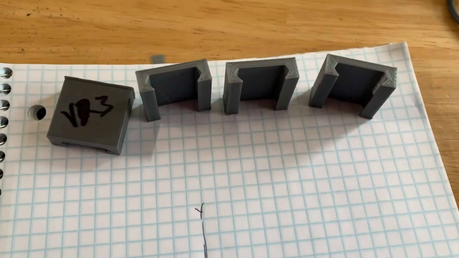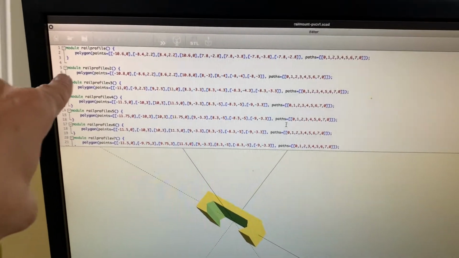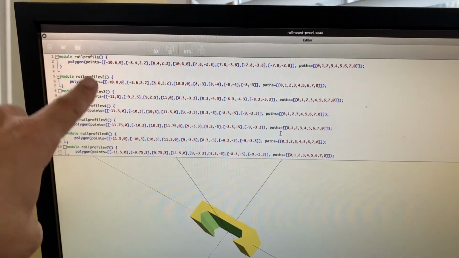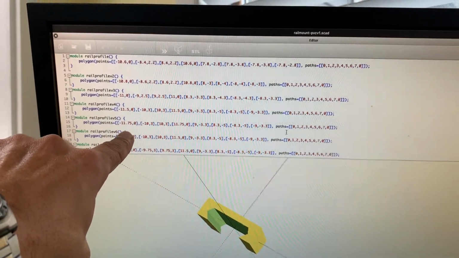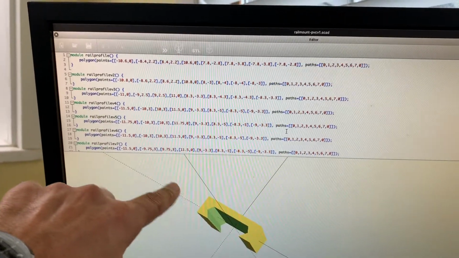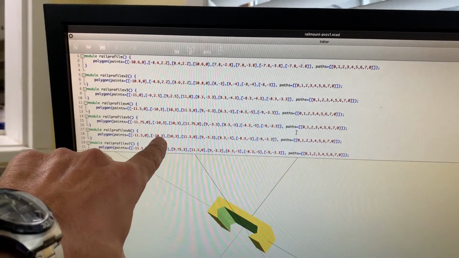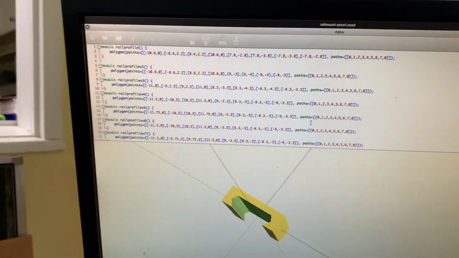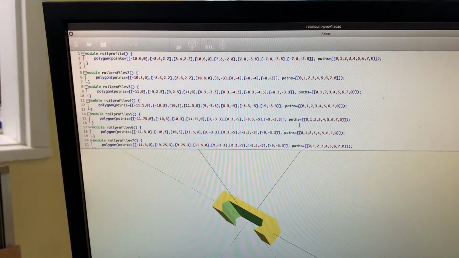That's why, let me go to the screen real quick. And this is how I'll iterate. Basically, I will create a module for each size because I want to go back and see what I've been through, right? So you can see in this one, I went from 11.75 on this point right here down to 11.5. Same with the inside, the 10 to 9.75. When you're dealing in what I would call fractions of a millimeter, it can get tricky. So I love to create an individual module, and then